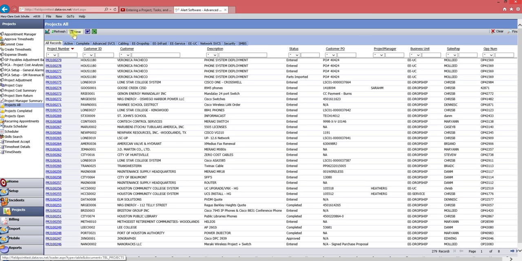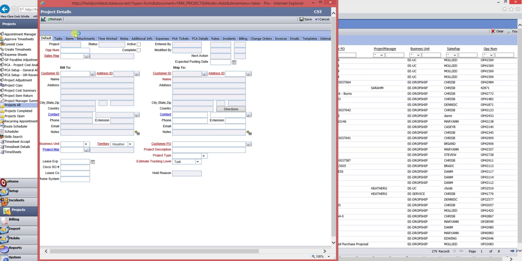To enter a new project, you would want to click the New button up here at the top, or you can click Alt-A. This will bring up the new project window. All the items in red are mandatory fields that need to be entered first before a project number will be generated. So I'm going to start with a new project that I have for Houston Zoo. I'm going to enter my opportunity number,